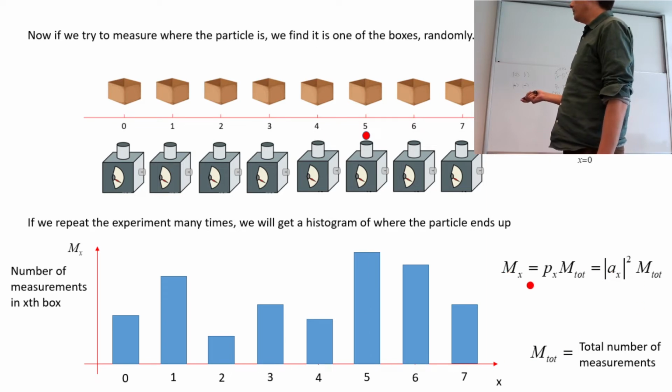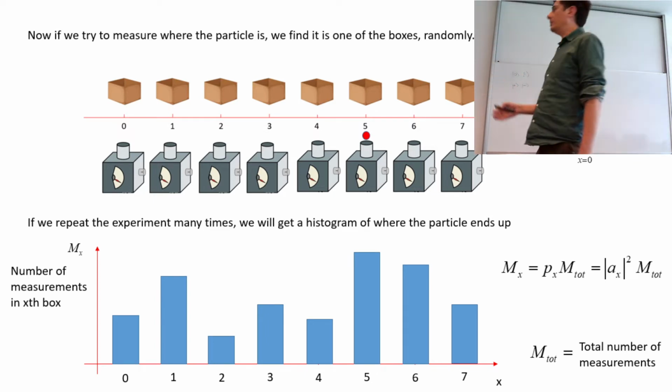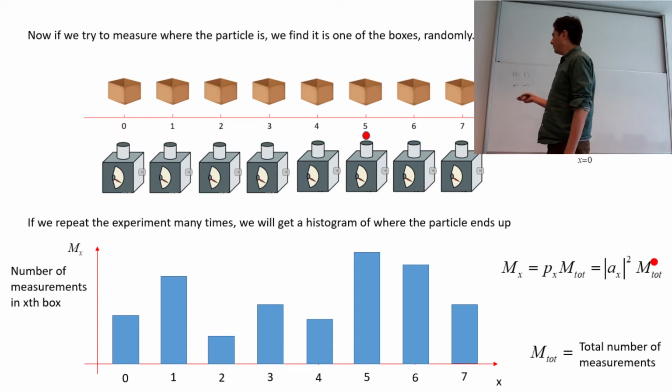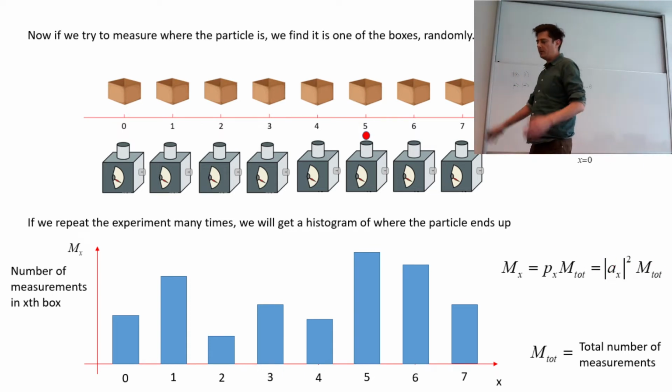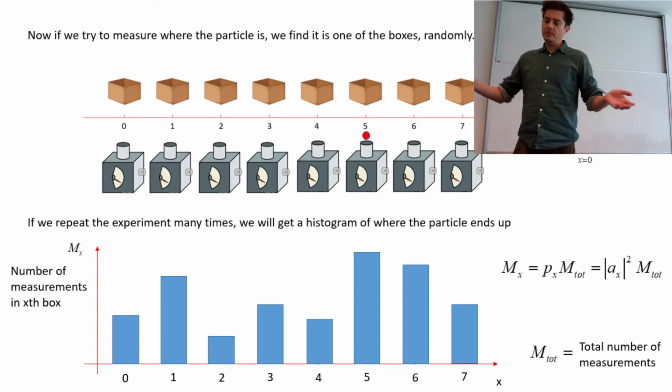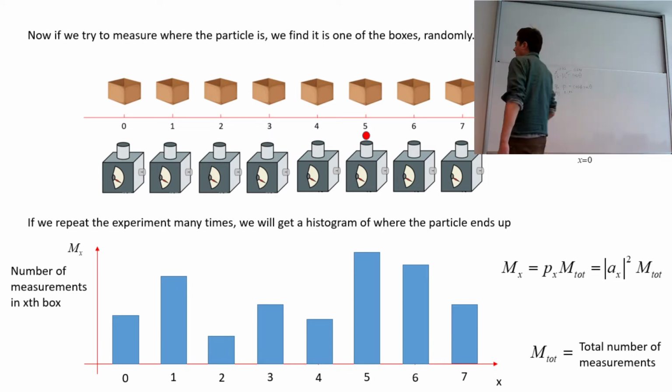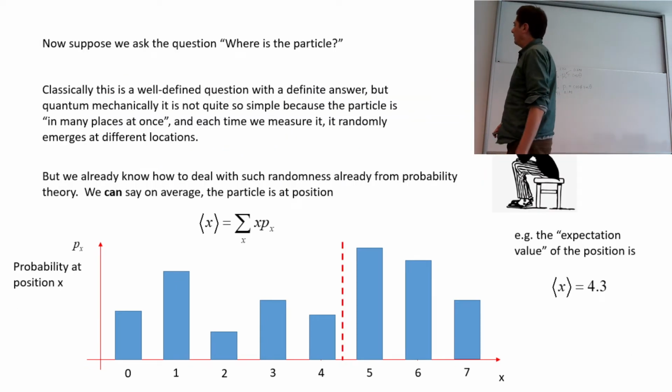So for example, this one would be the modulus squared of the coefficient of this wave function here, multiplied by the number of times that you did the experiment. So if this is 1,000 times, then it'd be 1,000 times whatever that probability is. Of course, that's a number between 0 and 1, so it'd be some number between 0 and 1,000. So you get that, right? Okay, so